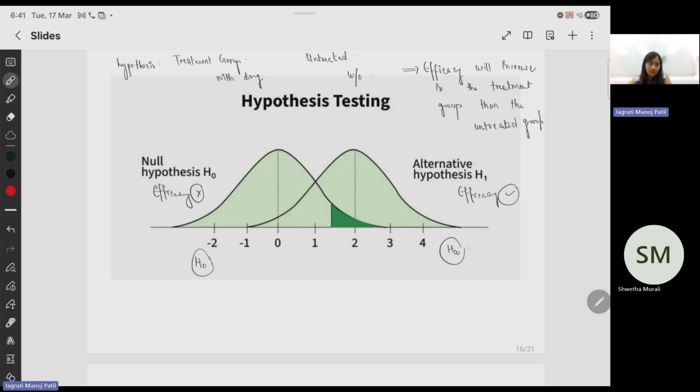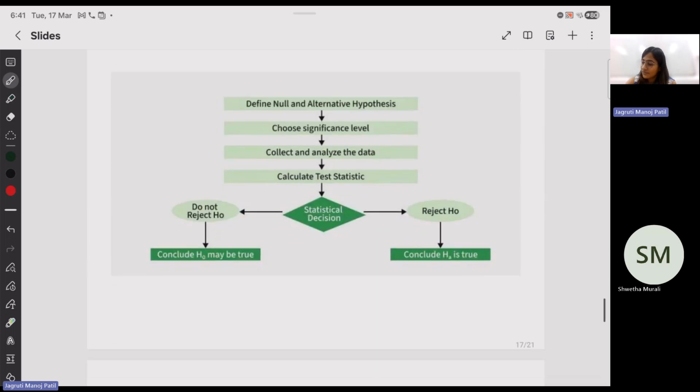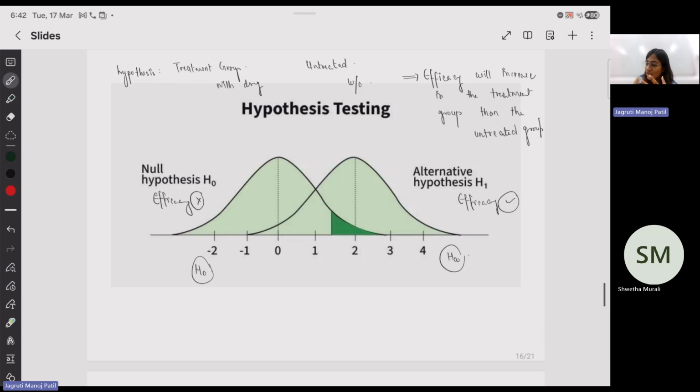Now, to evaluate it, okay, I have written that there are two terms, but how should I compare both of them, with respect to what? So you first define your null and alternative hypothesis. Then you choose a significance level. What is the significance level? The differences of means between the hypotheses that you're comparing. Because essentially what we're looking at here are probability density functions. And what are those? Those are distributions of the means for the differences of the data.